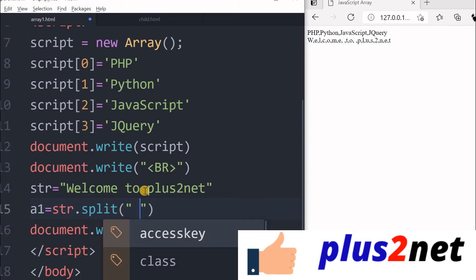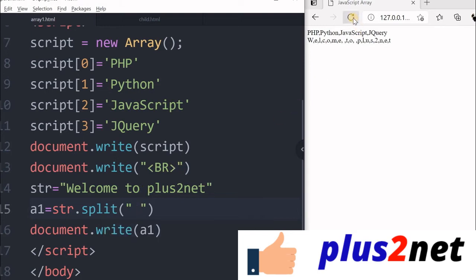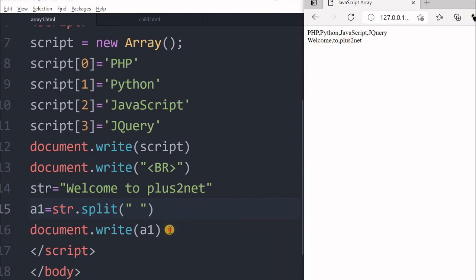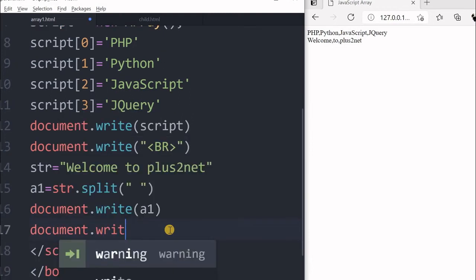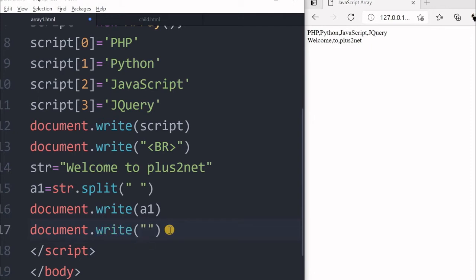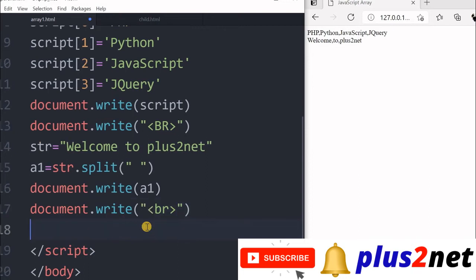So now we'll break it using space as the delimiter. You can see there are 3 elements. So this is the 0 element, first element, second. Now in this, let me print again. I will say document.write. Let me give one line break also, so that will help me. Fine. Now I'll print